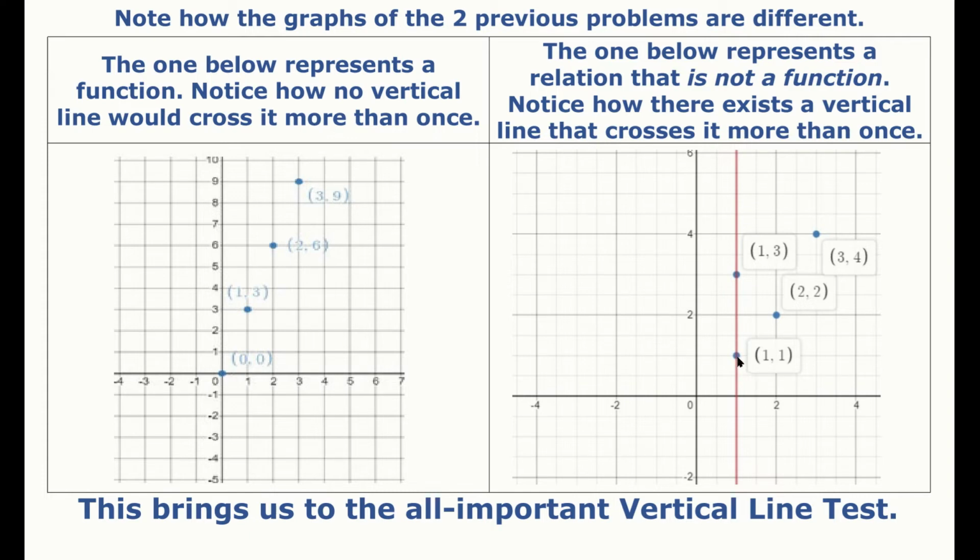But notice, because with this relation, which was not a function, the same input or x value was paired with two different outputs or y values, there is a vertical line that would cross the graph of this relation more than once. And this is precisely what brings us to this very important concept called the vertical line test,